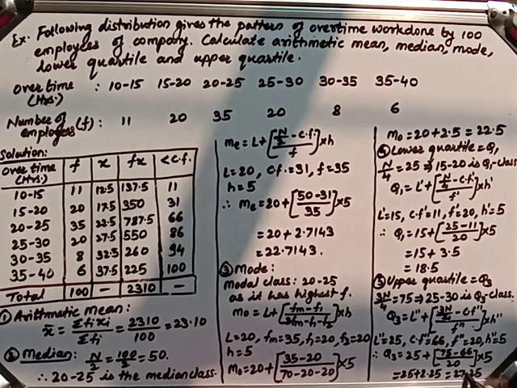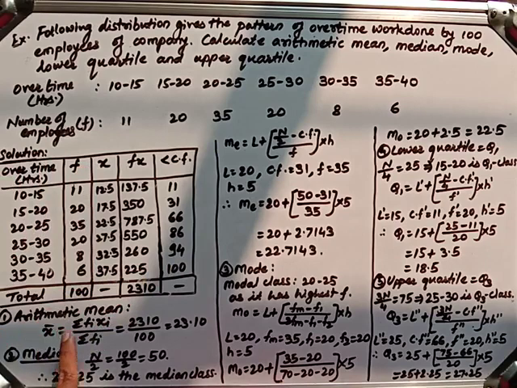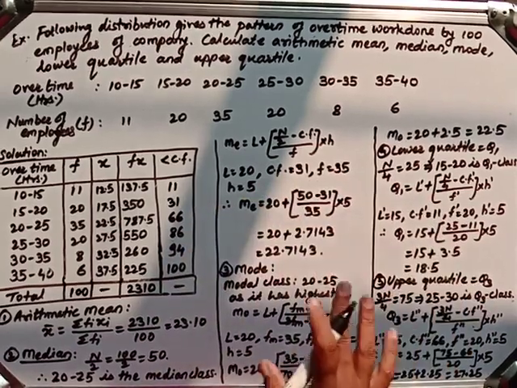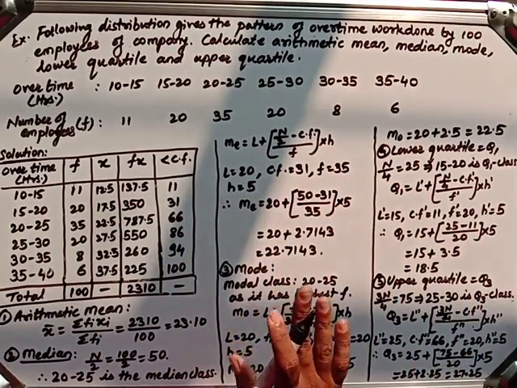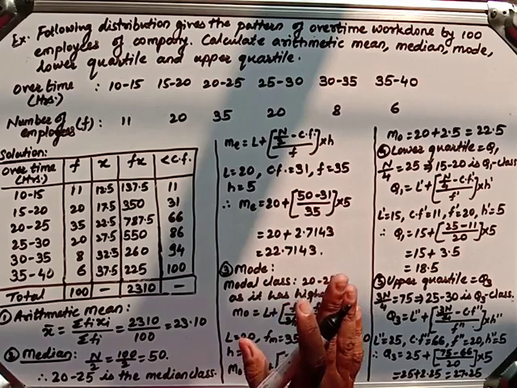So after all it is 27.25. So as such, from the given data we can easily determine arithmetic mean, median, mode, lower quartile as well as upper quartile. So here in this question I have taken all of them together for a continuous frequency distribution. You can easily remember them.